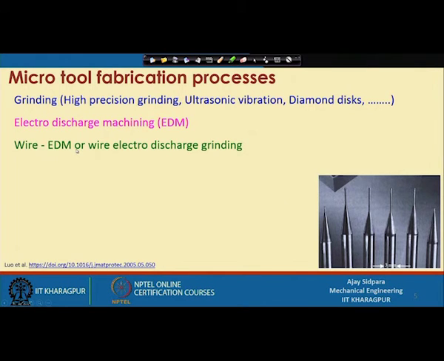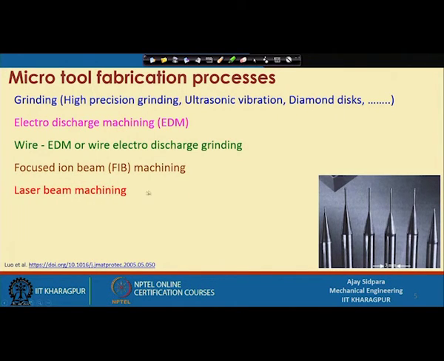There is another variant of this, called wire electric discharge machining, where wire is used in place of a cutting tool, and there is also the wire electro discharge grinding operation, because grinding is performed by the wire. So, that is why it is written as a wire electro discharge grinding operation. Focused ion beam is widely used because you can go with a beam diameter of a few nanometers. So, the accuracy and the precision of that fabrication of the cutting tool is very, very high in this particular case, and you can get very, very fine features onto the different diameters.